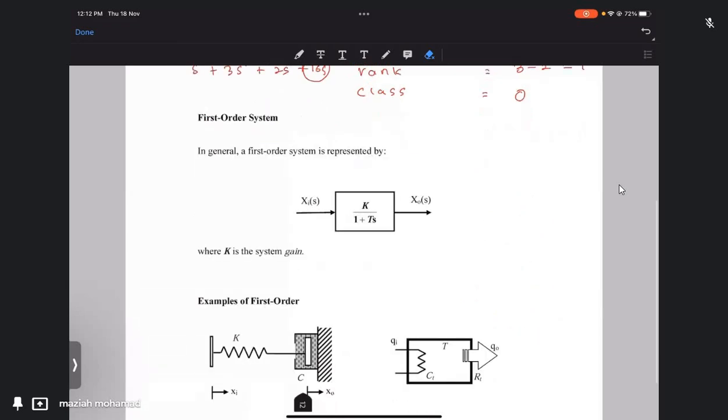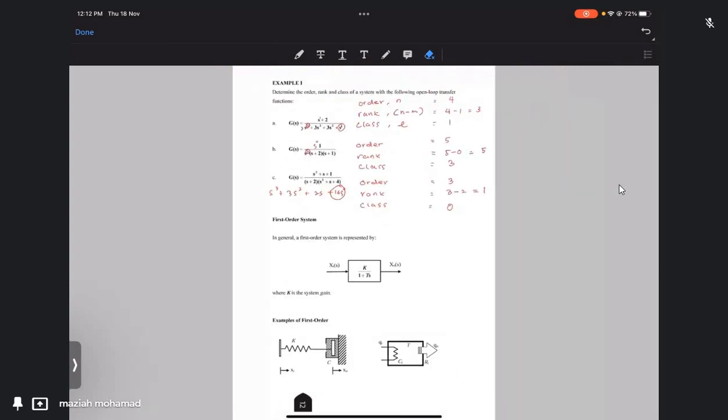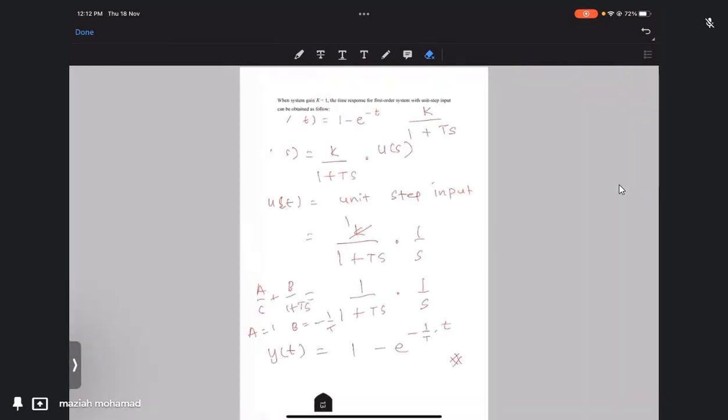Sorry for that. Because yes, I have 3 sections, so I'm confused which one is which. So